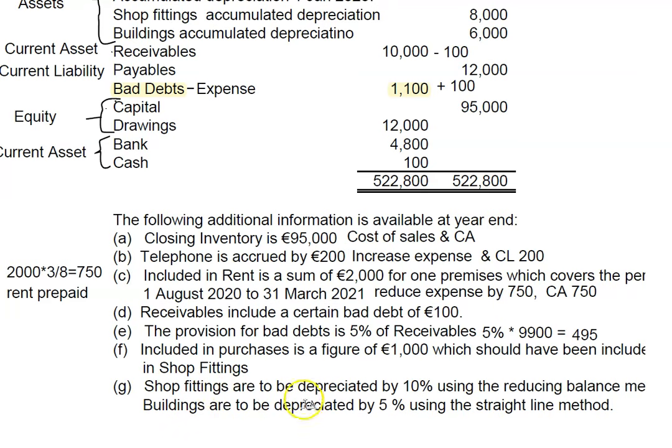So we're asked to calculate depreciation on shop fittings using the reducing balance method, 10%, and buildings using the straight line method, which is sometimes called the cost method, at 5%. So shop fittings are written off over 10 years, buildings over 20 years. And with reducing balance, I know it never gets written off really, but there are two methods. You need to know both methods, and they're different. So just to explain,